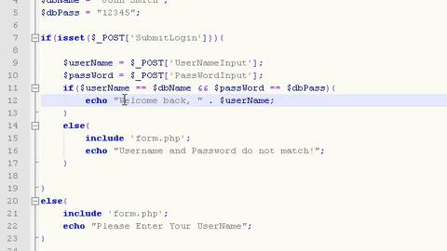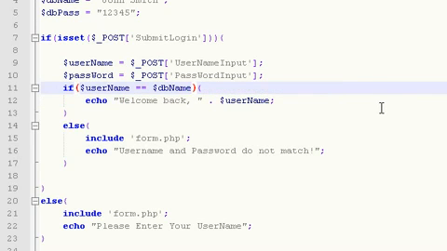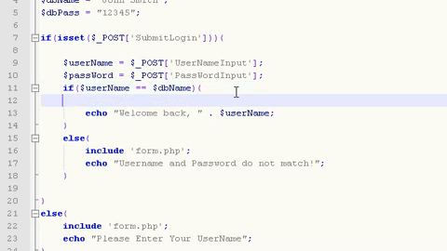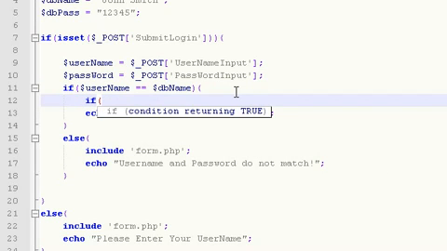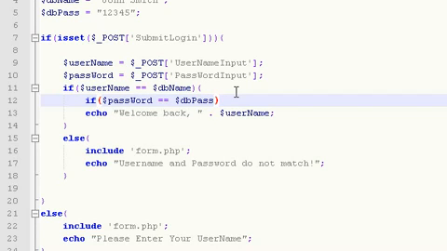So let's get rid of this AND conditional operator and everything behind it. We can go if username is equal to database name. We could make another if statement inside of that if statement. So if the username matches, let's also check if password is equal to the database password. And if that's true, then echo welcome back so and so. Otherwise, else